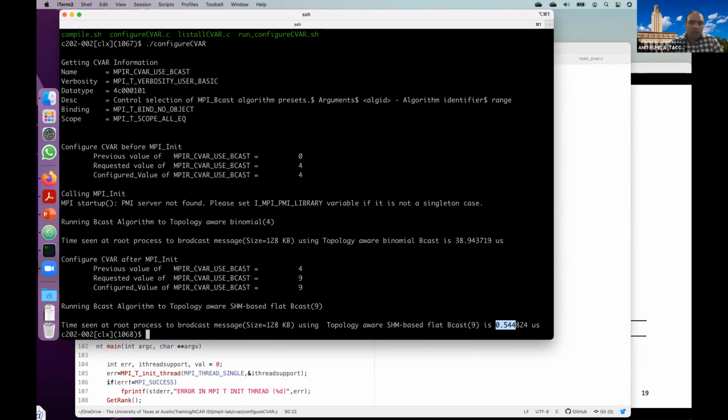This is how you can always change the algorithm defined for a particular message size or a particular scenario. If the communication is huge within an application run, then first you have to know which collective algorithms have been used, and then you can try out different ones and change their value.